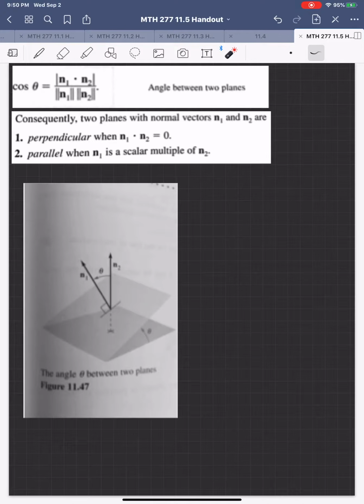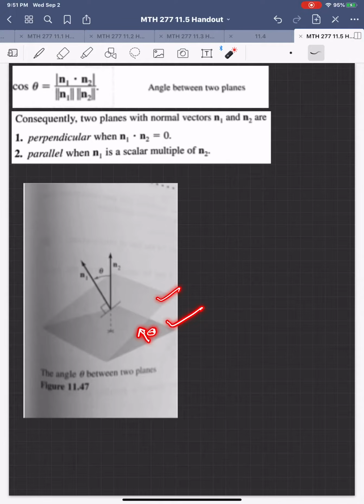Now, what I want to do for this second part of this video, I'm not going to spend a lot of time on the why, the theory. I just have to choose my battles, so we're going to jump into the how. But if you want the angle that's formed between two planes, let's make sure you understand. So we have two planes, and if you want the angle that's formed between two planes,